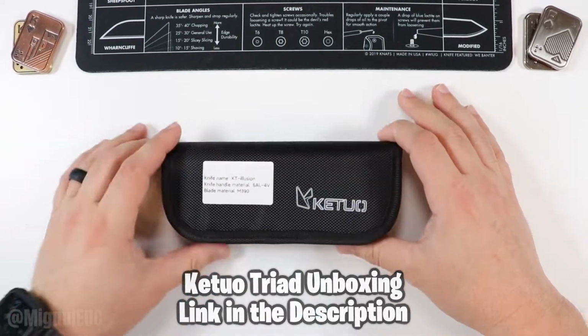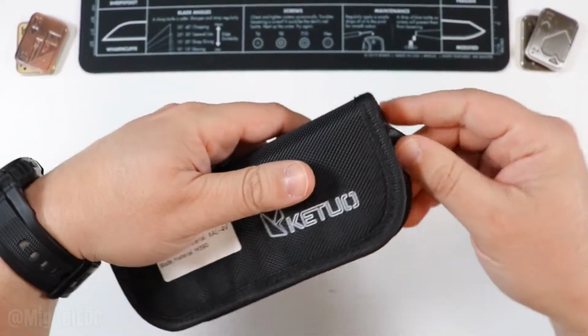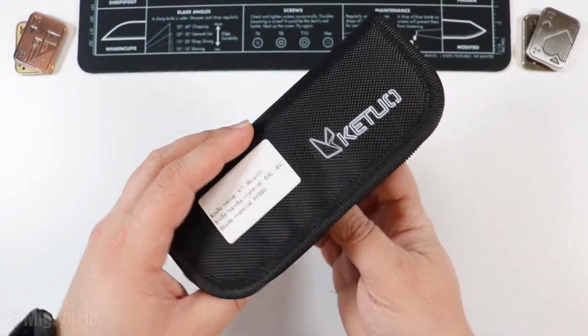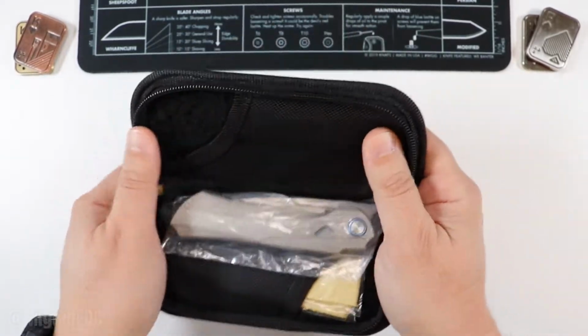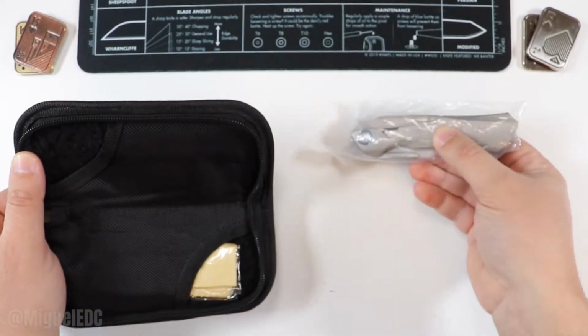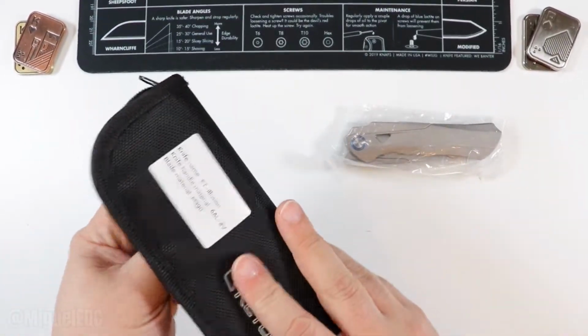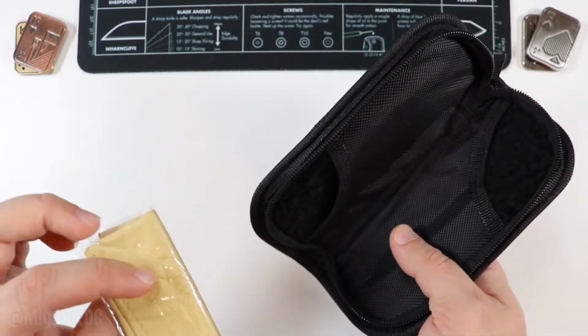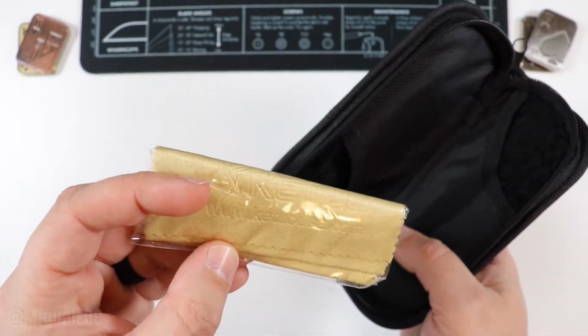Do the Illusion first. Here we go. Let's start with this bad boy here. All right, the KT for Ketuo Illusion M390. And here we are. Here is the knife. And we have your standard pouch here, zipper pouch, nice and cushion. And a cleaning cloth right there, all right, from